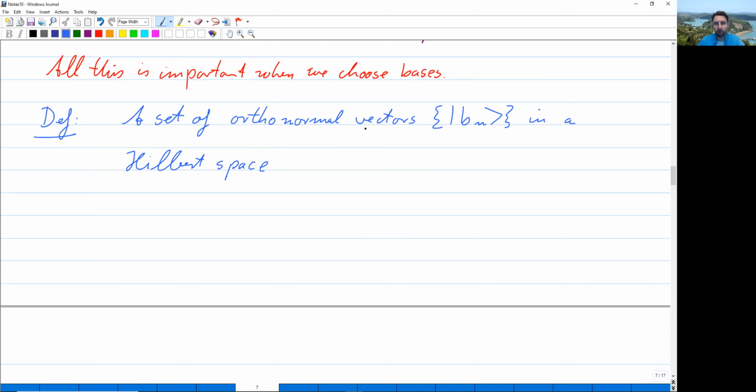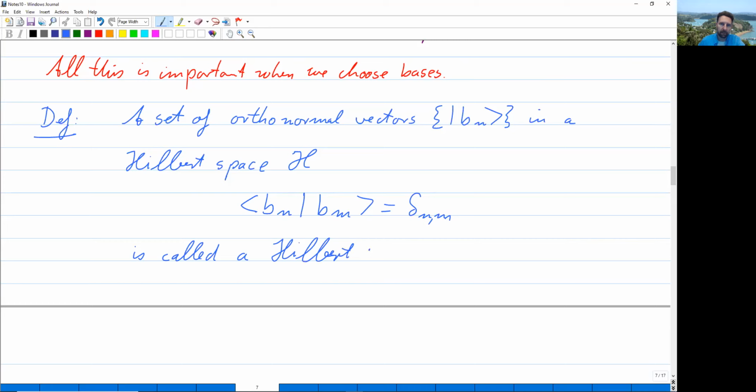A set of orthonormal vectors in a Hilbert space H, so they are obeying the inner product of Bn and Bm equal to delta nm, the Kronecker delta, is called a Hilbert basis in H if